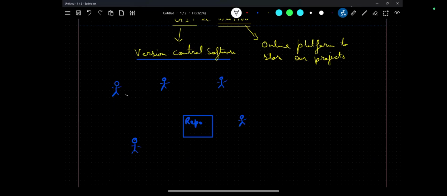Now everyone is going to contribute their work in this repo, or this folder. They're adding something, they are making some change. Whatever they are doing, it's their own version. Let's say version 1, version 2, version 3, version 4, version 5.